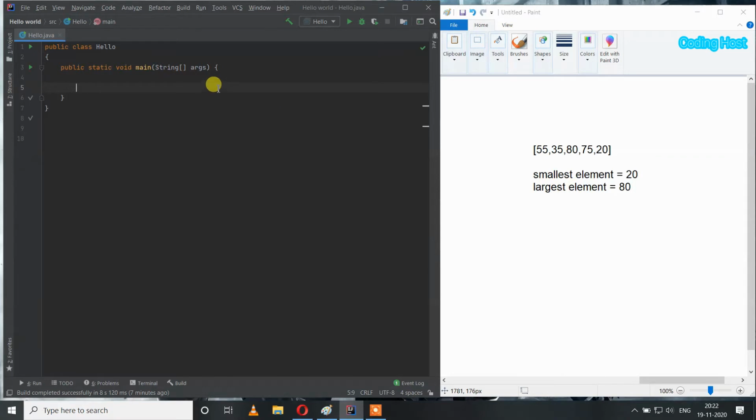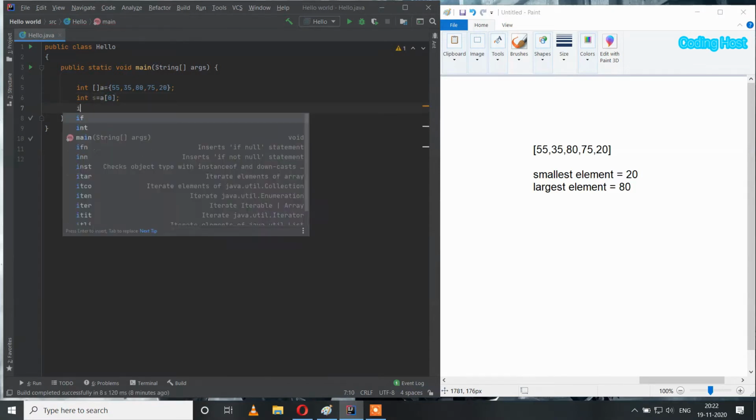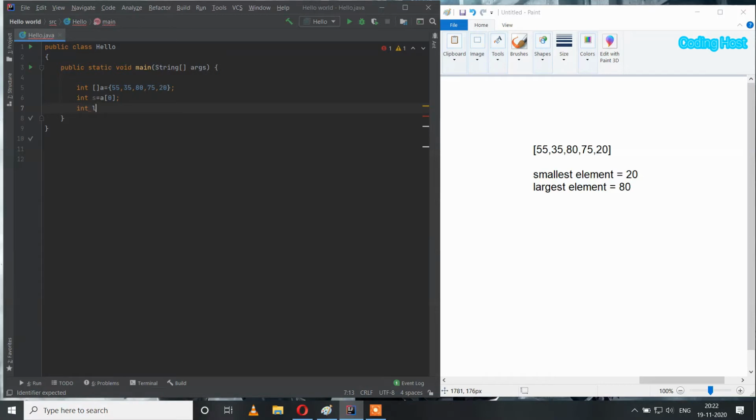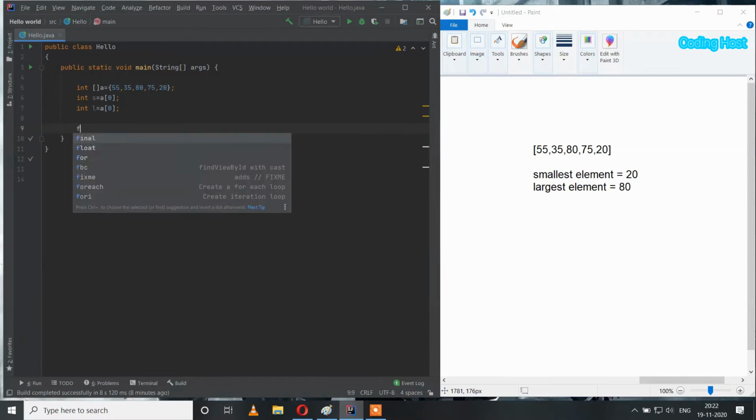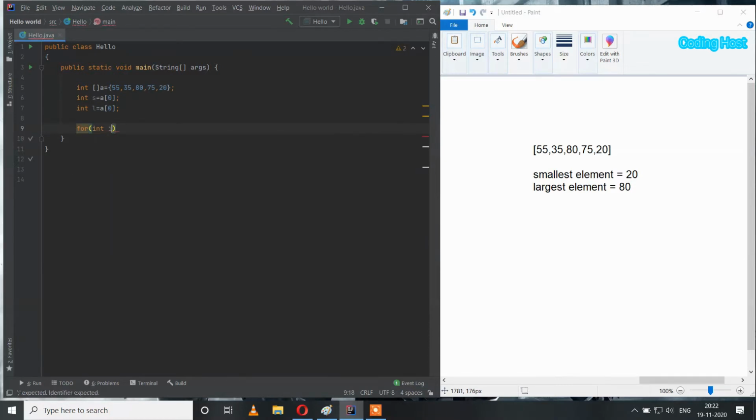So let's write it. First I will make a 1D array, int a equal to 55, 35, 80, 75 and 20. After that I will make a variable int s for the smallest element equal to a[0], and after that I will make one more variable for the largest, so int l equal to a[0]. After that I will take a for loop for int i equal to 1 and i less than a.length